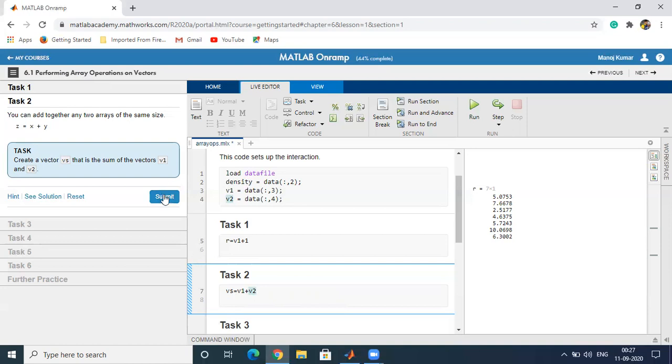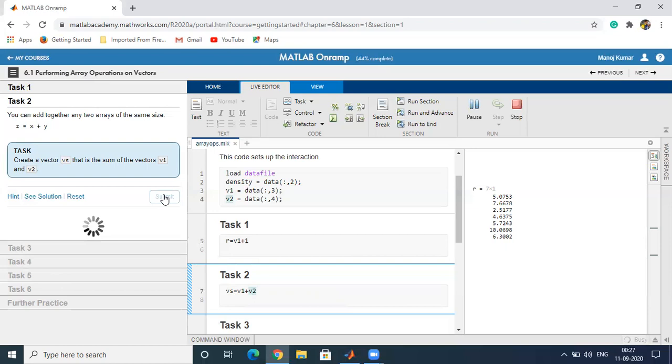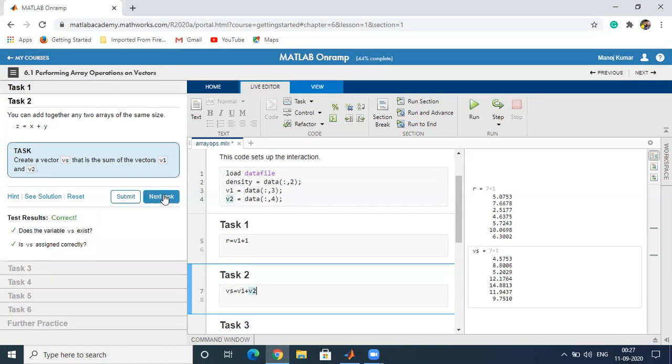Just click the submit button. We will obtain the sum of the two vectors v1 and v2, which will be the component-wise addition.